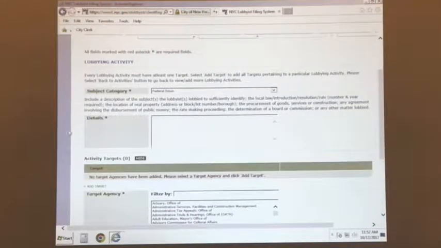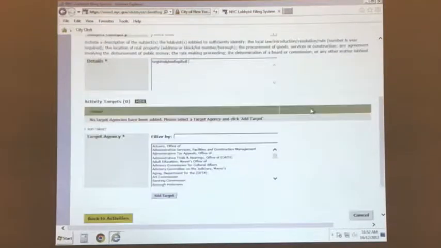You're going to put in details, right? If you're listing a local law, you have to actually put local law 129 of 2013. If it's involving a property, you have to put the actual address. The law requires that you put information sufficient to identify the activity.